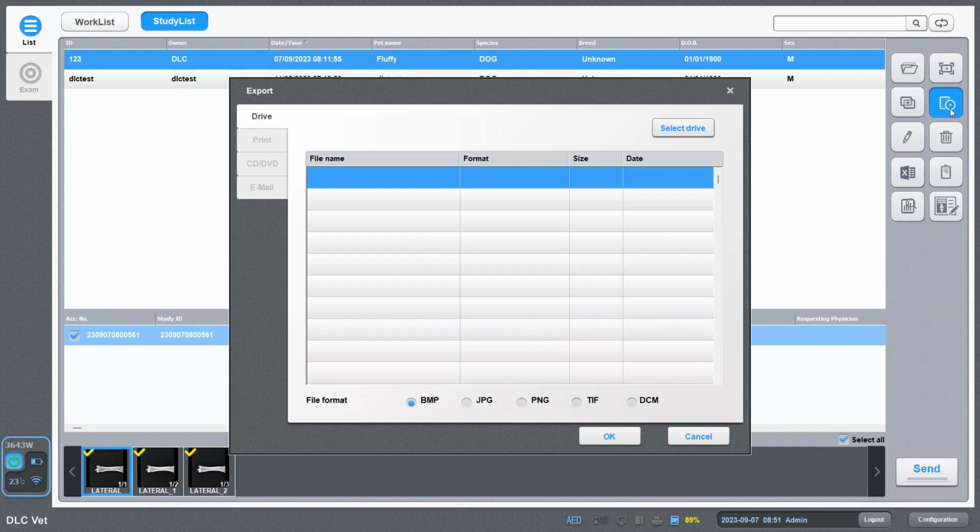No one really has a Dicom printer anymore, and the computers generally don't have CD drives anymore. So those 2 won't be used. Drive and email will be the only 2 we look at today. Drive is where we're going to export locally to the computer. And to do that, we click on the Select Drive button,